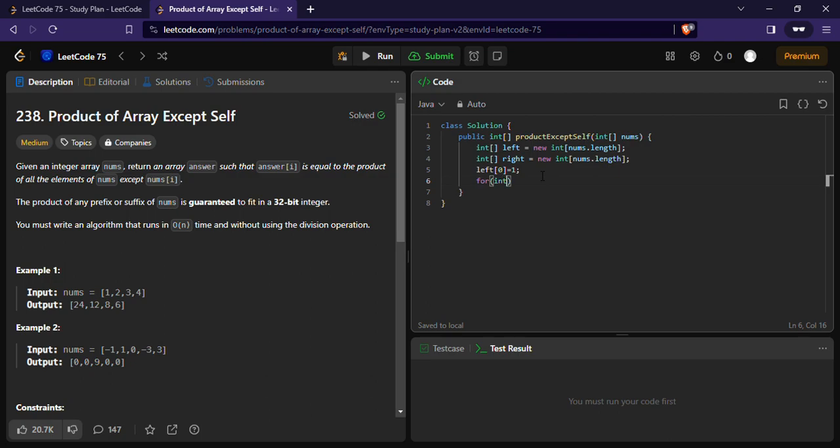Okay, then we'll write a for loop: for int i is equal to 0, and i less than nums.length, and i plus plus. Okay, then what we are going to do is fill the left array with the left side multiplication. So we can consider left of i